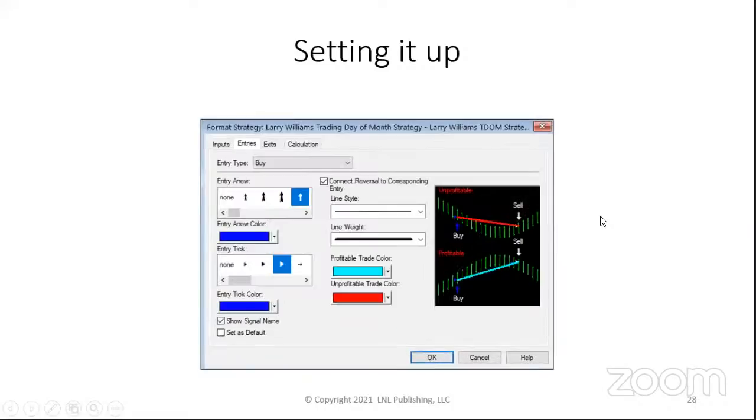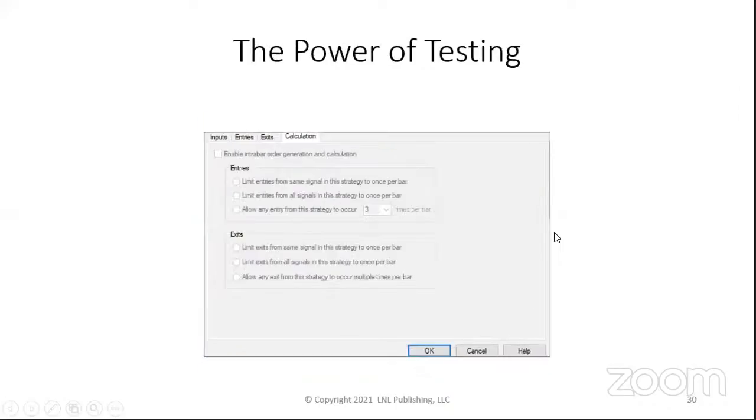I'll get my charts in order here. And you'll get buy and sell arrows. You'll see where you went long and where you got out. And you can adjust those. I like a white background. A lot of people like a black background, so you can adjust those charts for you.